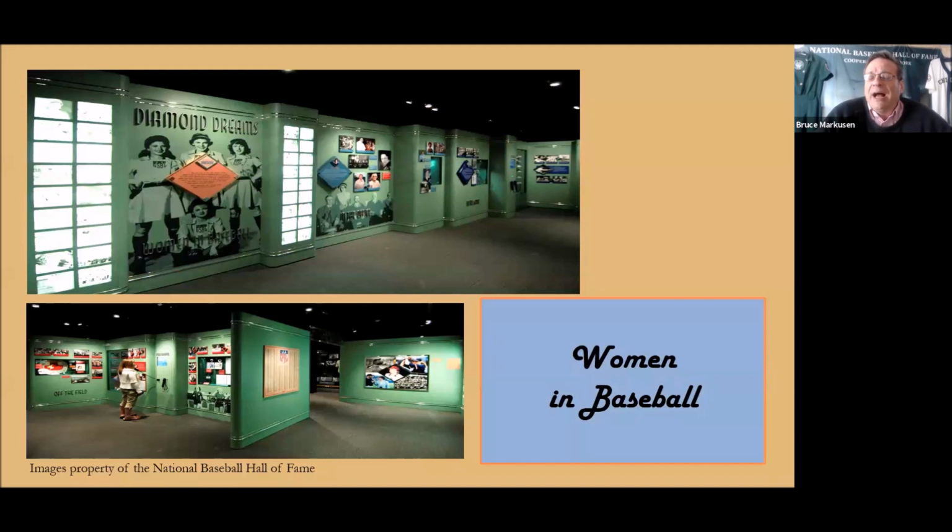Gabrielle, tell me about the first time that you saw this particular exhibit. Was it when you joined the Hall of Fame staff, or had you seen it before that? No, I had come to Cooperstown for a baseball tournament, which we can chat about later, back in 2014. And so my family and I made the trip up here, and it was actually about a 3-hour drive from where I grew up, which we did not know the Hall of Fame was so close. And that was the first time I saw this exhibit, and I was just blown away, obviously, because